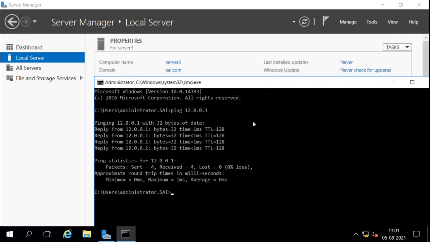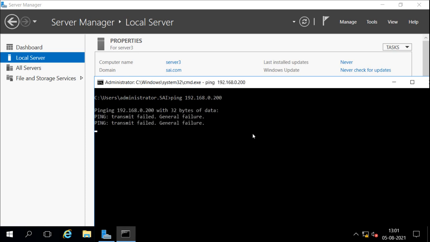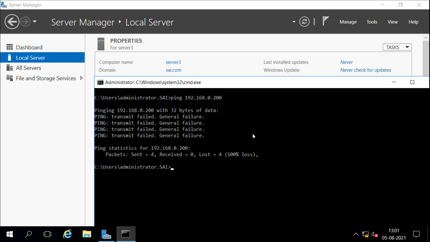Now I will try to connect to server 1, that is 192.168.200, and it is not connecting. It says failure because it is a different network IP, and we cannot connect directly since this machine is in a different network from the one we are trying to reach.